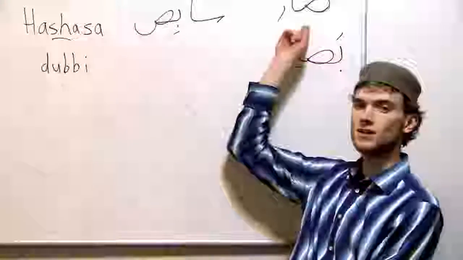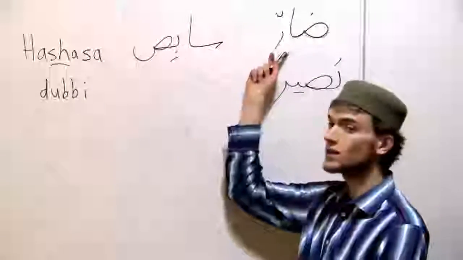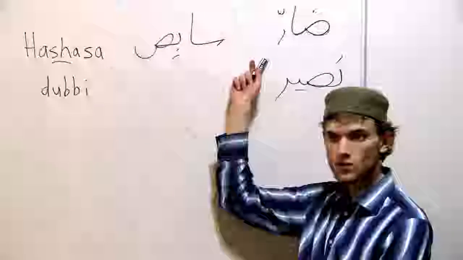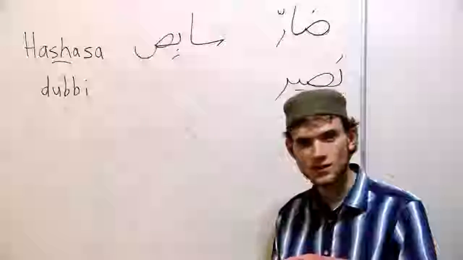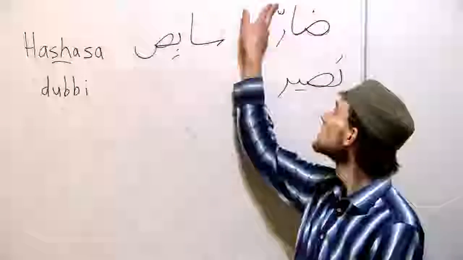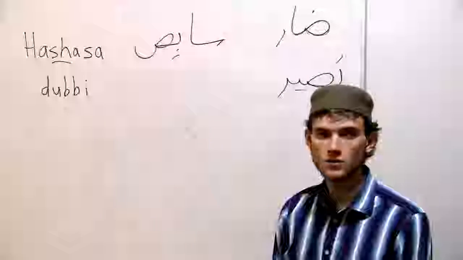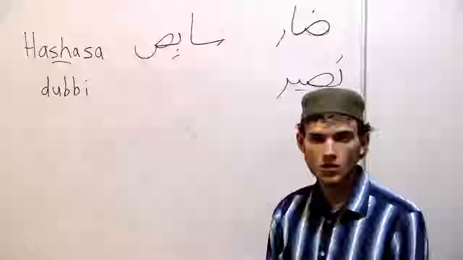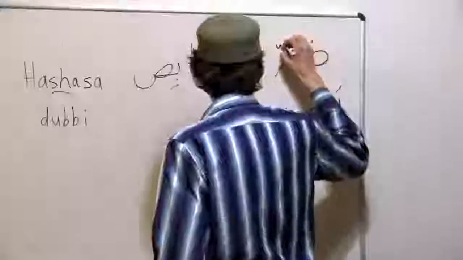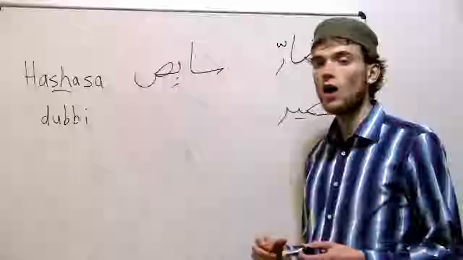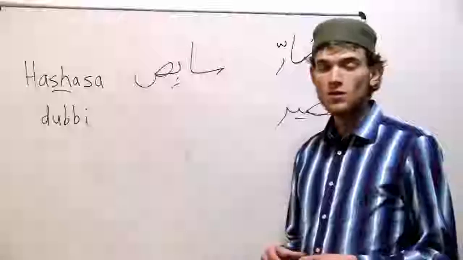So this one is what? Good. Dad. So 3 letters in this word. We have dad, then alif, then ra. And what's on the ra? A shadda, right? Which means the ra is doubled, right? So if it were this, it would be just dar, right? Everyone say for me, dar. But there's a shadda on it. So it's darr, right? Everyone after me. Darr.